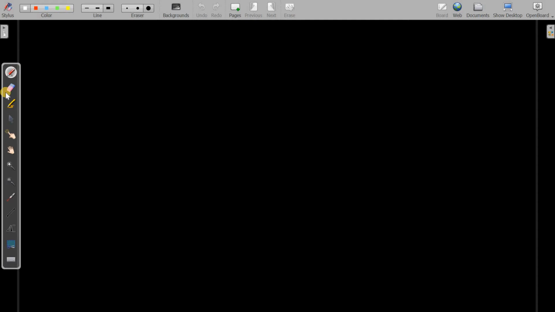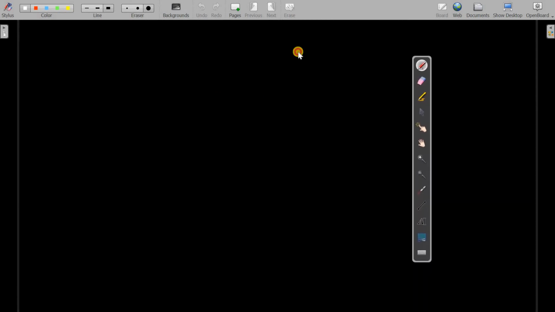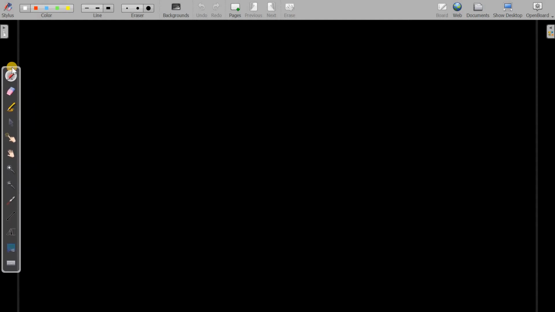If you can see, these are your selection tools. Actually, I arranged them whatever way I want. You can arrange them according to your need and move them. Once you open, the default will be somewhere else, but you can readjust it. There is a pen, so basically you can write and you can select the thickness, which is here. So we can write something.